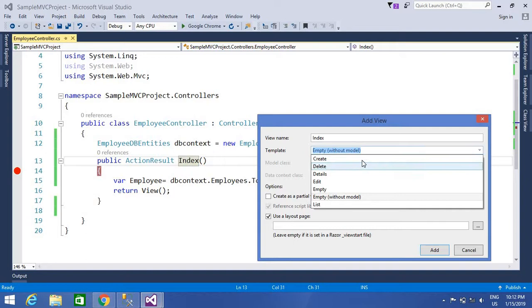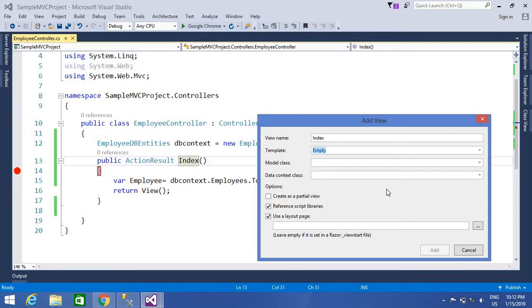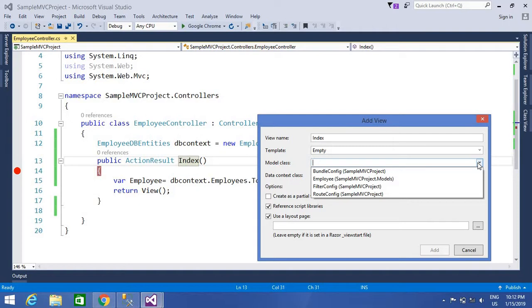You can give any kind of template: create, detail, and so on. If you want to start with empty, you can give empty as well. So I'm just starting with empty. I'm just telling what my model name is. Okay, so right now the model is